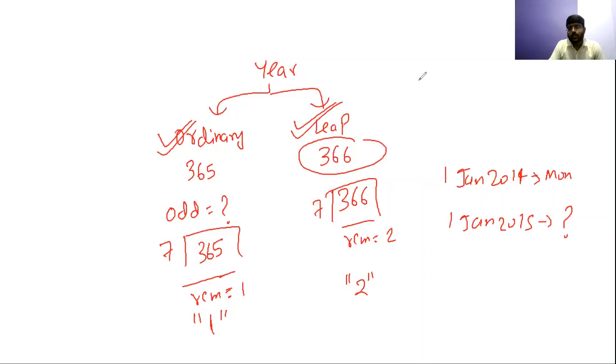See, the effect of leap comes only because of 29th Feb, isn't it? Because in a leap year we have 366 days, and why do we have 366 days? Because here we have 29 days in Feb. So this is the reference point that we need to keep in mind. If in a particular year's time you are crossing this 29th February, then you will say you are crossing a leap year. And if you are not crossing 29th Feb, then you are crossing an ordinary year.